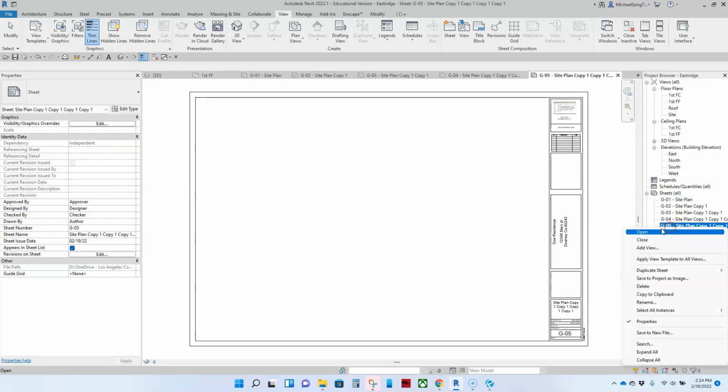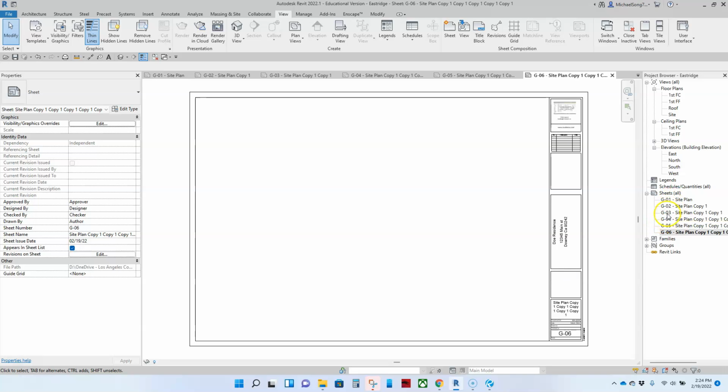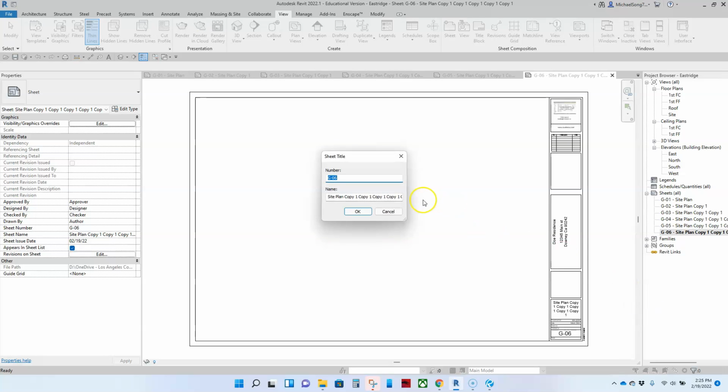And what's really nice about doing it this way is that the numbers go sequentially, right? 1, 2, 3, 4, 5. And of course, I can change the name of the sheet, which I'll do at another time. But now I have 6 new sheets. Let me actually go back here. I'm going to rename that. And then the architectural series will start as